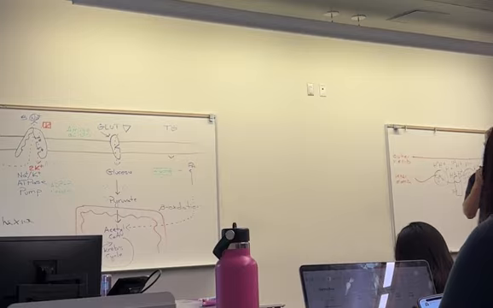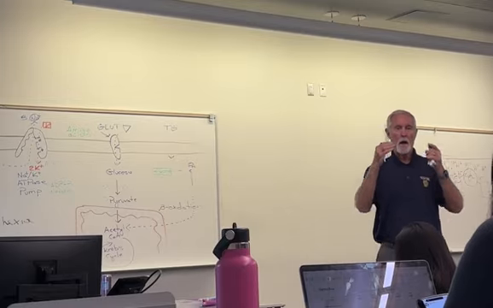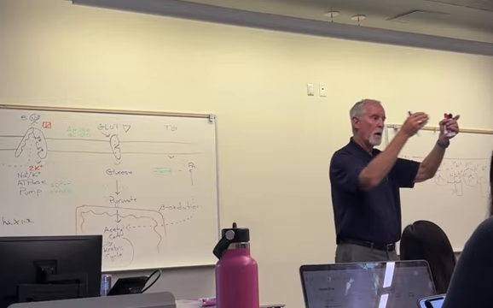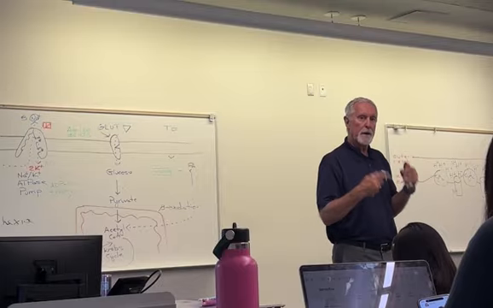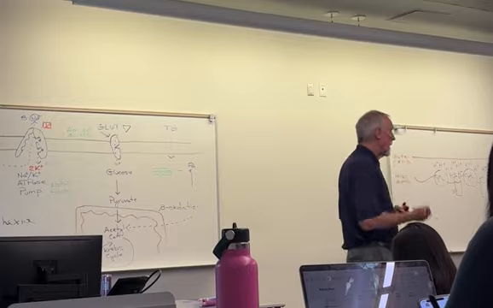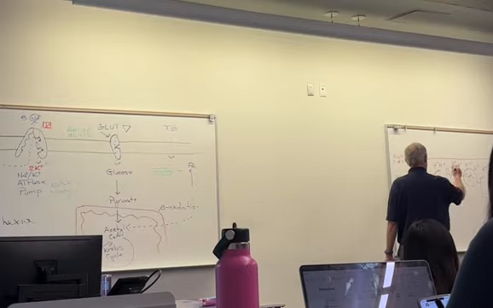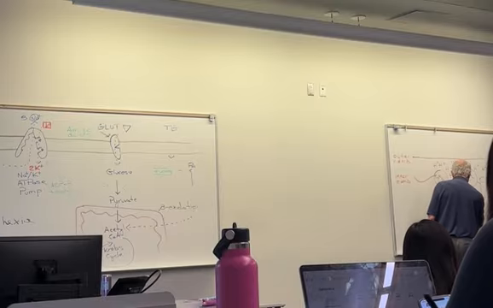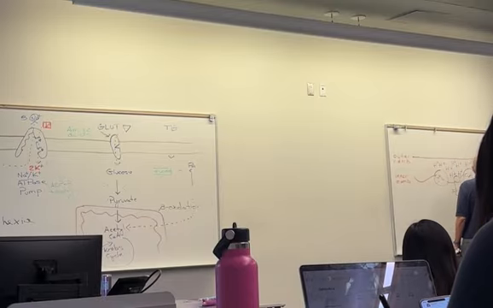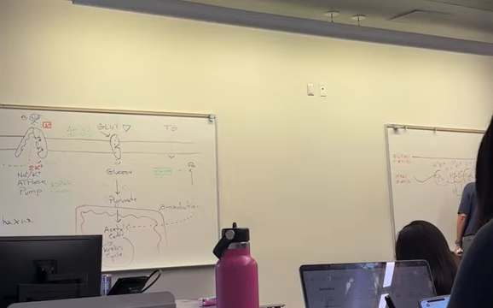They're uncoupling the production of the proton gradient from the production of ATP. You have to make X amount of ATP, but if I'm bypassing that pump and allowing some of the protons to leak back into the matrix through these uncoupling proteins,